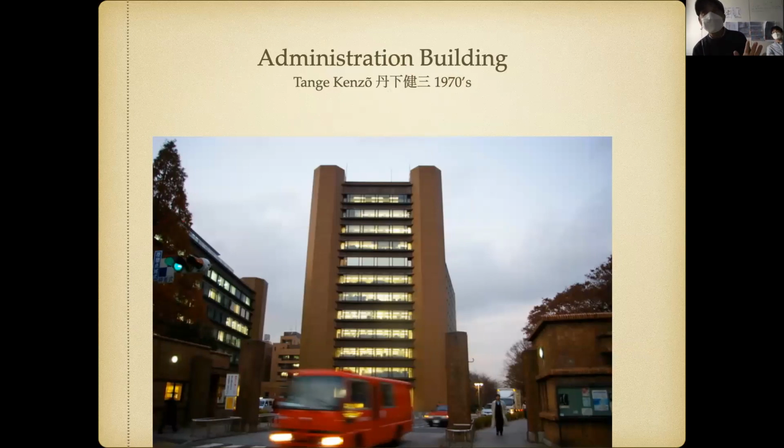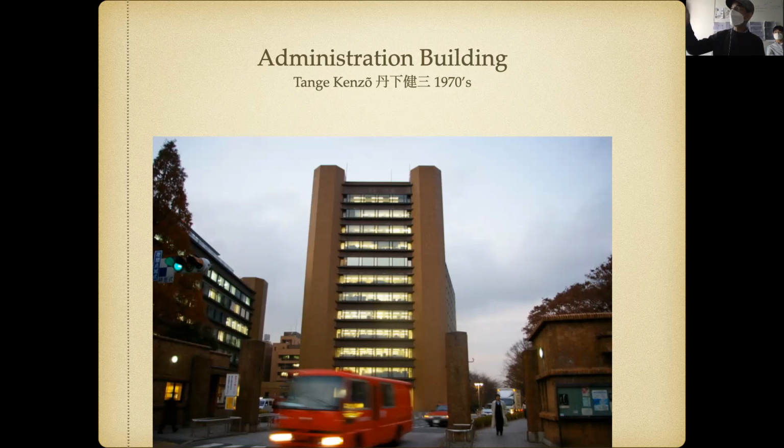Kenzo Tange is the father of the Japanese modern architecture in new generations. Without Kenzo Tange, there's no Isozaki, no Toyo Ito. Without Toyo Ito, there's no Sejima and not many others. So he was the man who was creative but open enough not to make a big monument to his persona, to his own work, but really to open possibilities and to encourage young talents to develop their own work, right?